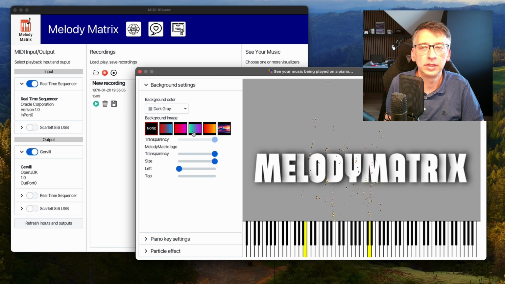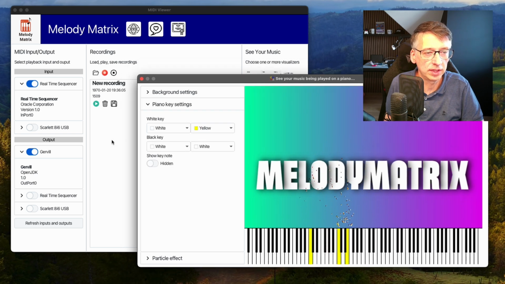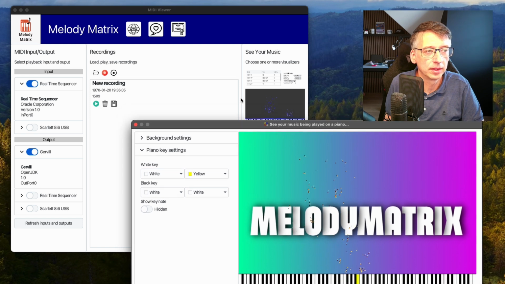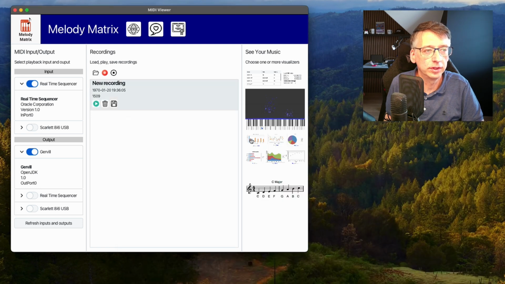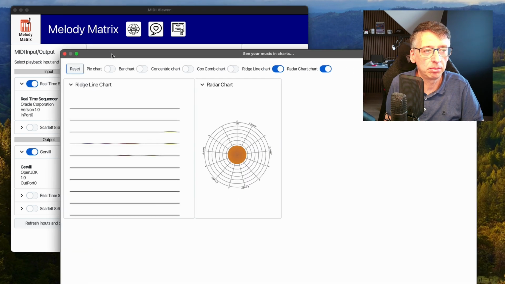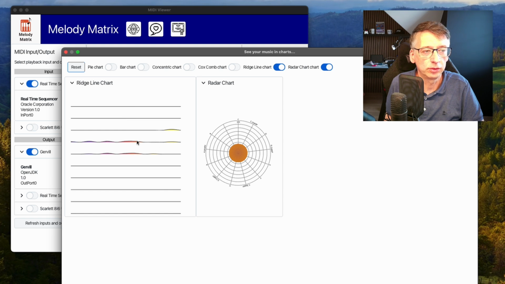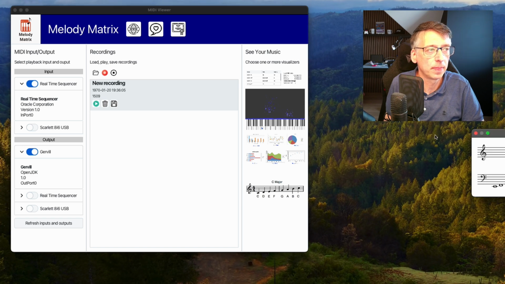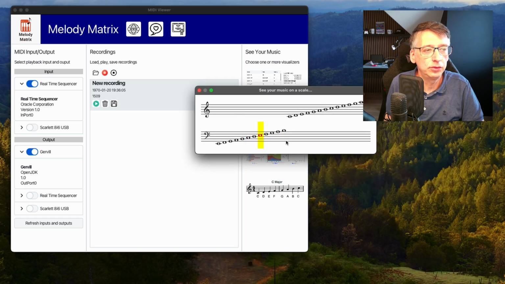If we start that recording that we created earlier, you see some effects. You can change the effects, you can change the viewer. So those are different viewers that are included in the application. You also have some chart views which show you which notes are being played. And these views are actually a bit of a showcase of what can be done with JavaFX to build user